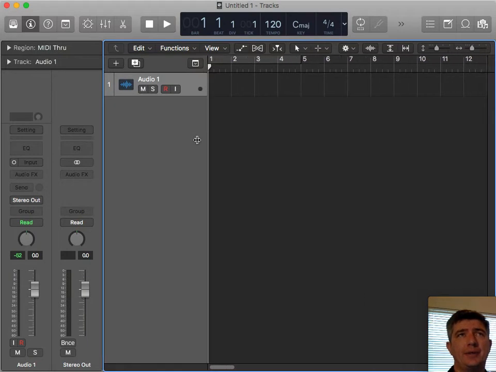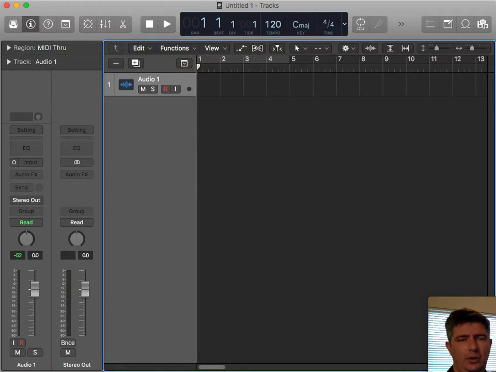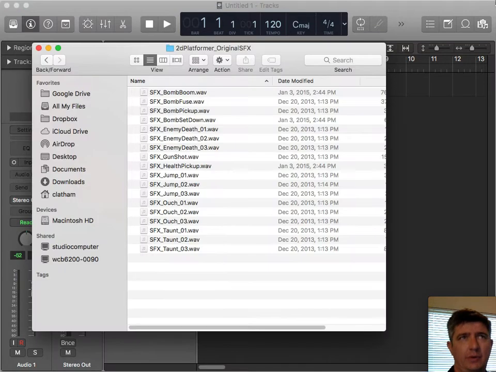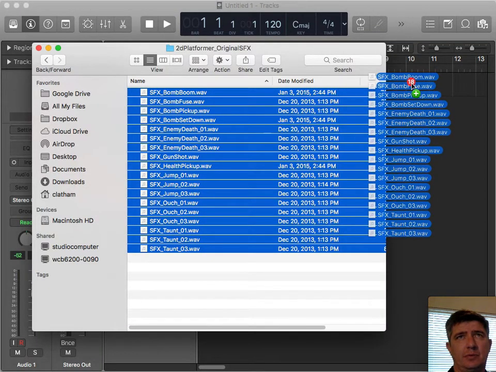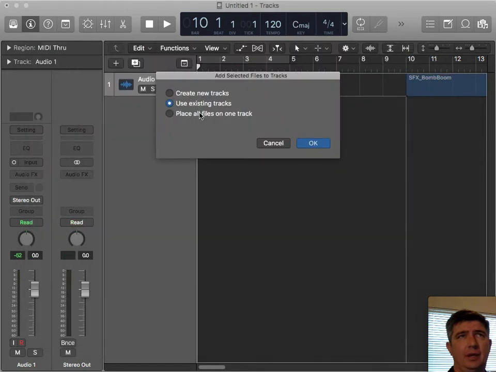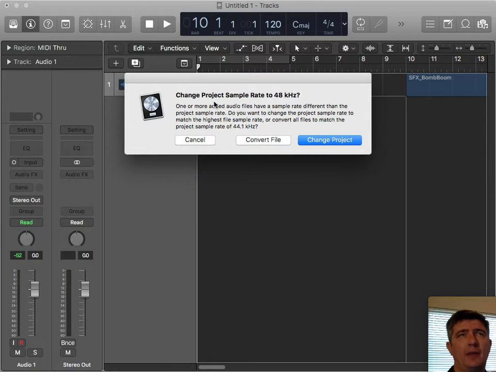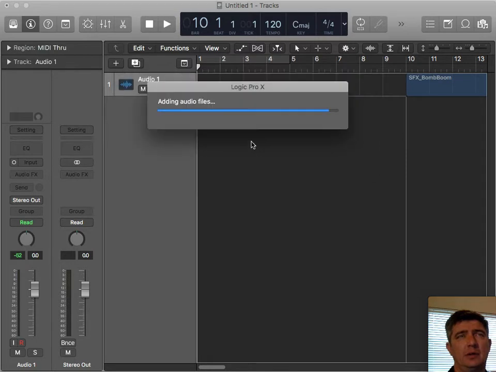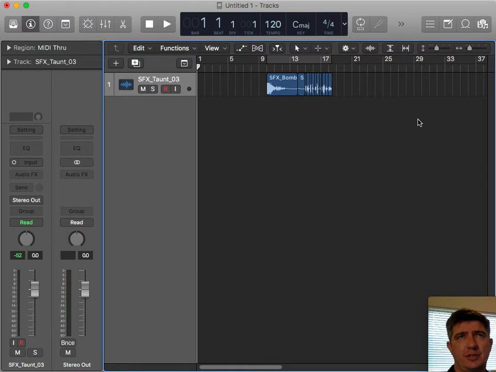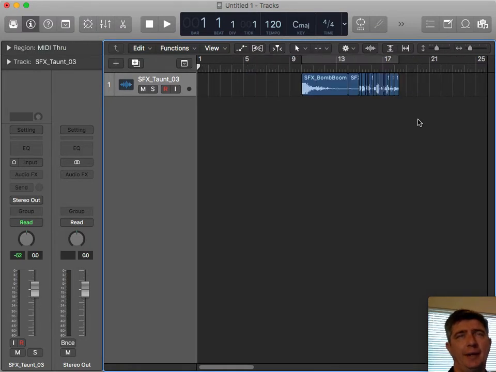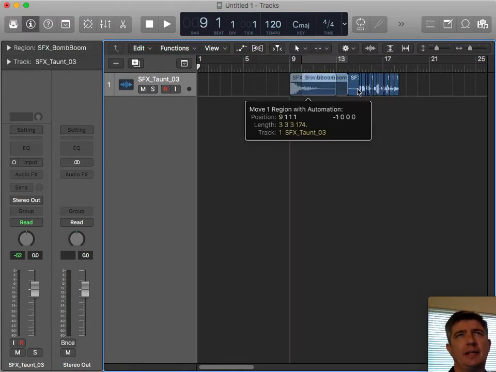And on this audio track, go get all of those WAV files and dump them into a track. Place them all on the same track. They're going to be in all sorts of different sample rates, so you want to convert all the files to your session sample rate, and then you'll probably take some time to separate these out.